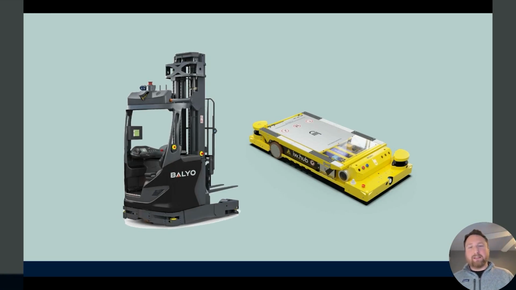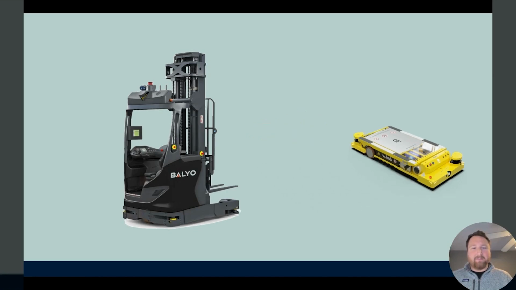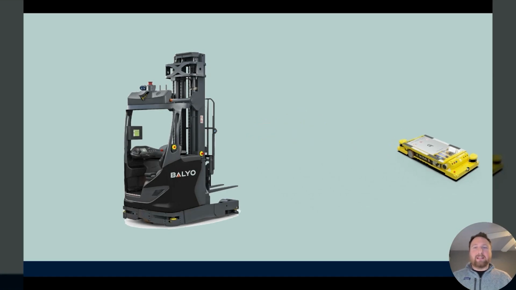So one way to look at this is forks versus no forks, right? That sort of splits these technologies down the line. If you need forks, you're looking at one vehicle. If you don't, you're looking at something else. But rarely is that simple. Even inside the world of, hey, I'm handling pallets or need a forklift vehicle, there's tons of nuance and models